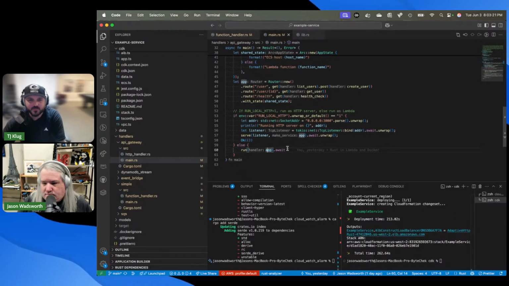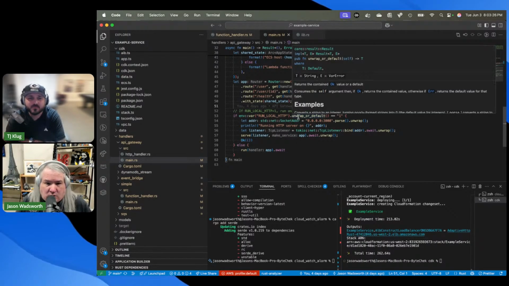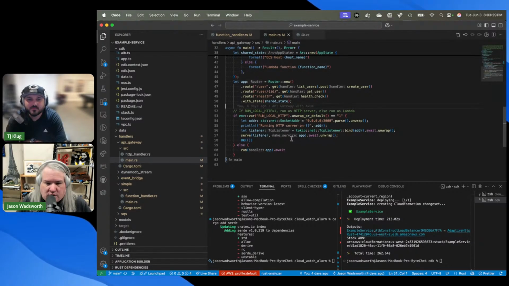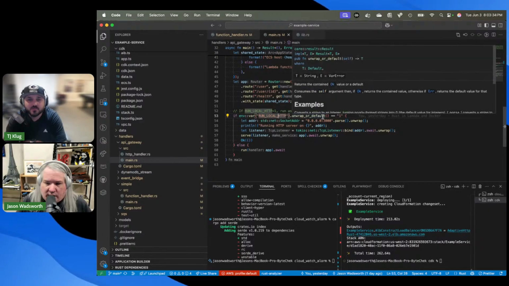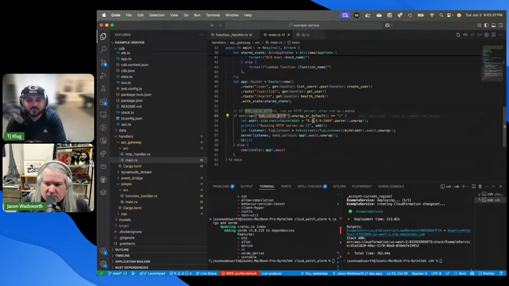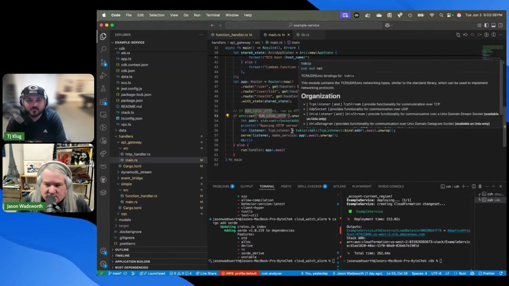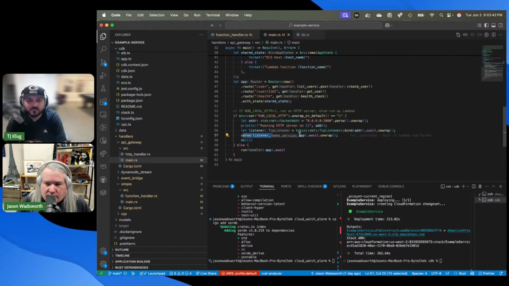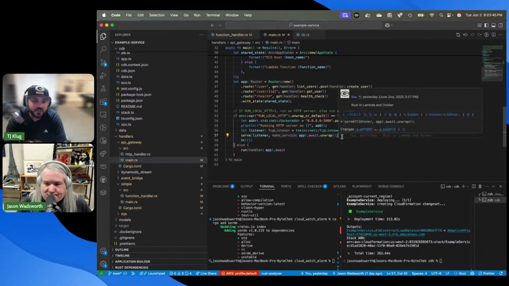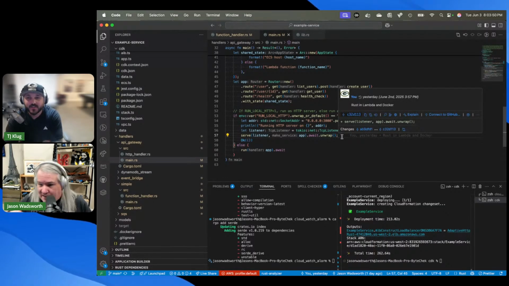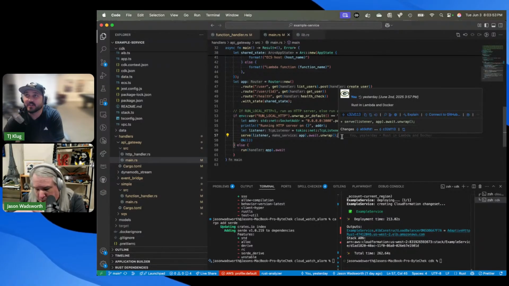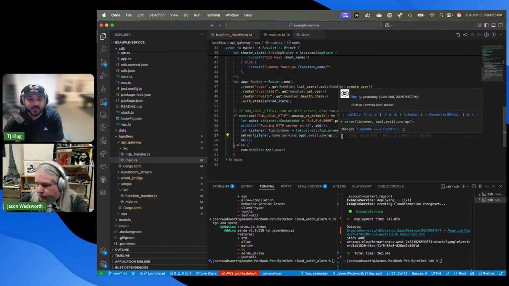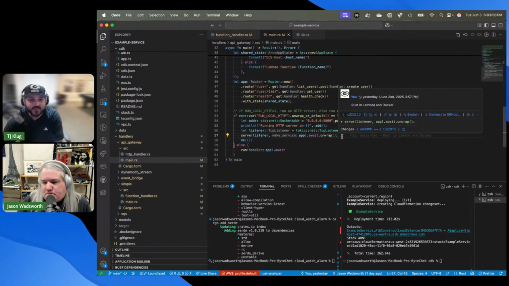This little block of code here is how we handle running in either ECS or Lambda, and it's the only code that knows about it. I have an environment variable that I set to 1 if I want to run it in ECS, and if I do, it's going to start up a new socket, create a TCP listener, and serve this code. That's kind of cool because you can run it locally. Absolutely, and that's how I tested it. It's like running what you'd run in your Lambda, but in a local fashion.